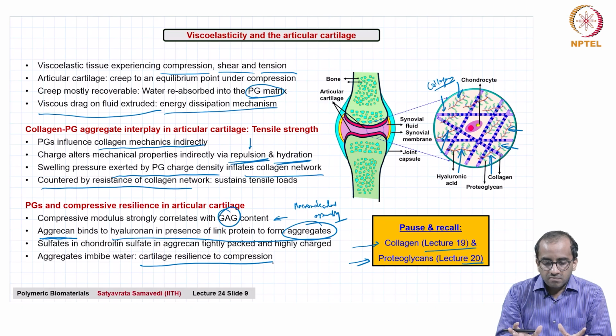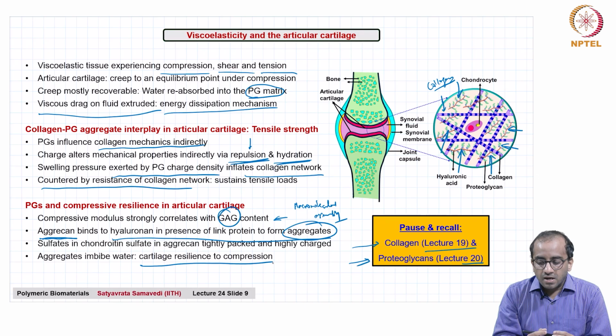So, like I have said, this is a fairly complex topic, and modeling the viscoelastic responses in such complex tissues is actually a topic in itself, it is a research area by itself. What we have done in this lecture is just maybe not even to scratch the very top layer of this topic, but the hope is you get a good sense at least of the motivation for studying such topics, and appreciating again why looking at this in the context of polymeric biomaterials is important, because any biomaterial that you are now thinking of to mimic the properties of some of these complex biological soft connective tissues, you can now start